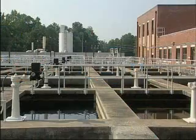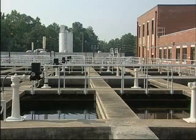We take water from the Cape Fear River. It's muddy, dirty. We bring it in. We add a few different chemicals to it. One main being the ferric sulfate, which actually helps remove the mud out of the water. It's run through a process where it's settled out in the basins. Once it's settled out, it actually goes through a final filtering process where then we add some chlorine along the way to disinfect it, and then it's sent to the clear well storage tanks